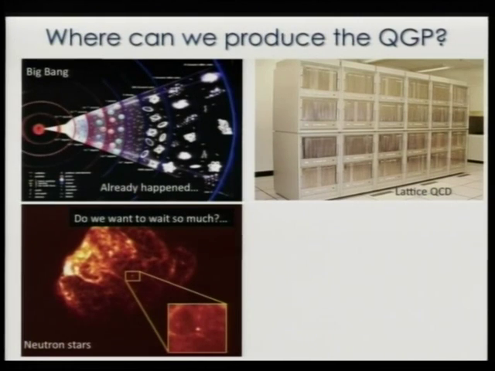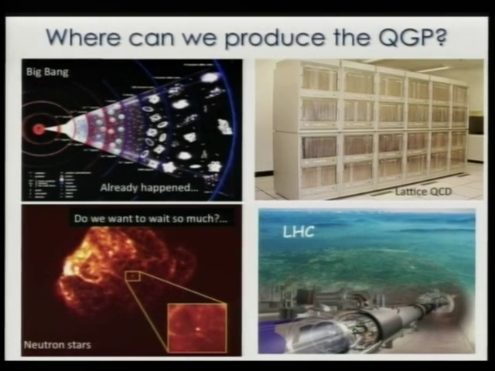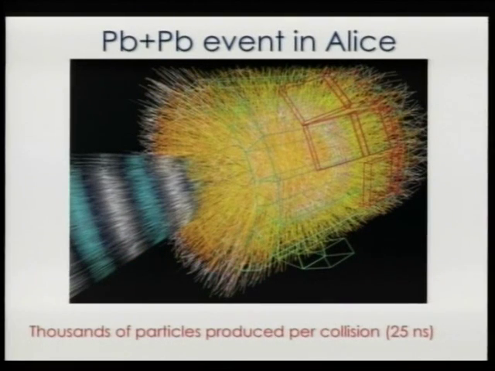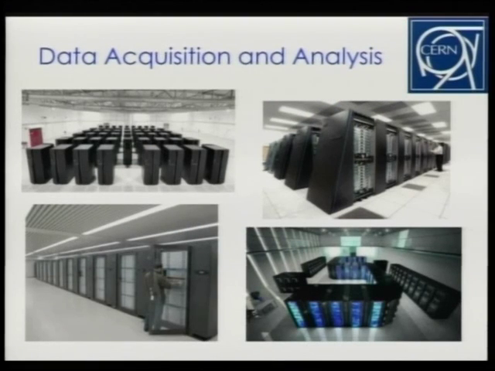We don't want to spend too much time. And then we have the LHC, which is able to produce these things. And this is an event. It's a simulated event, but it's a well-simulated event. All these lines you saw before are particles produced in each interaction. Each time we produce the Quark Gluon Plasma, we have particles flowing through space, and then we have to detect and study what is going on.